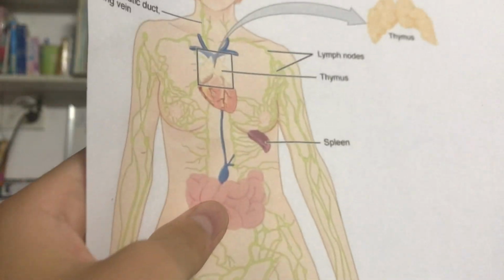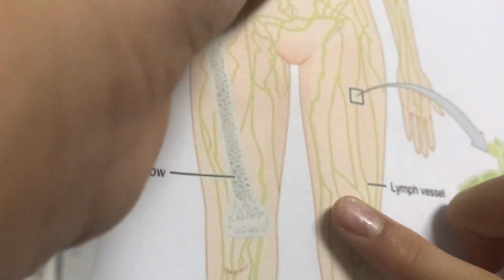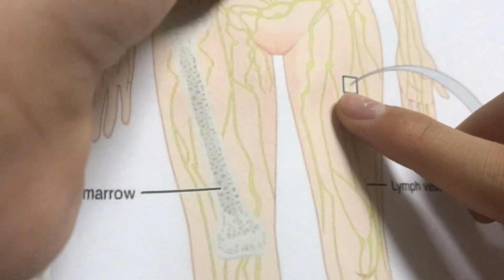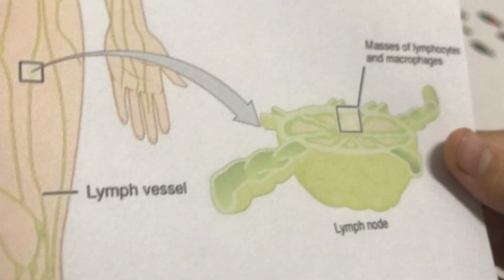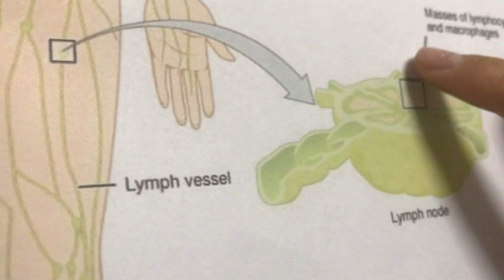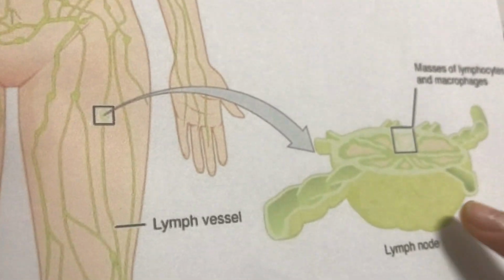So keep it healthy. So here are the lymph nodes, which are right along here, tiny little dots along the lymphatic vessels. And here's a close-up look. The lymphocytes as well as macrophages are produced in the lymph nodes, and they also filter out the